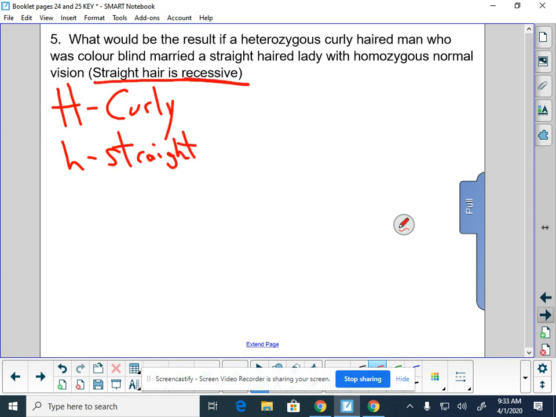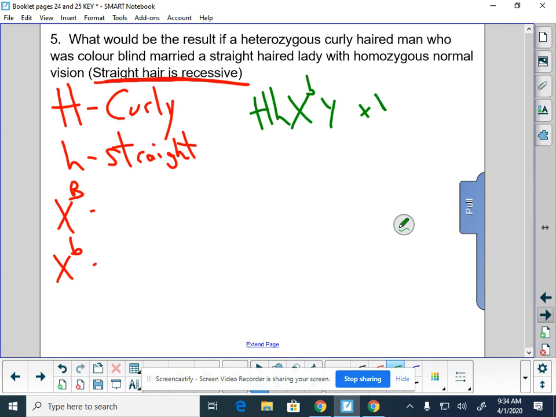Tells me up here straight hair is recessive, which means curly hair is obviously dominant. Then we've got the color blindness again. That is sex-linked, so we set that up. There's my legend. So we have a heterozygous curly-haired man, so big H, little h, who was colorblind, married a